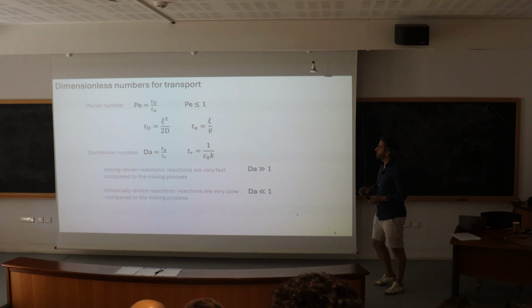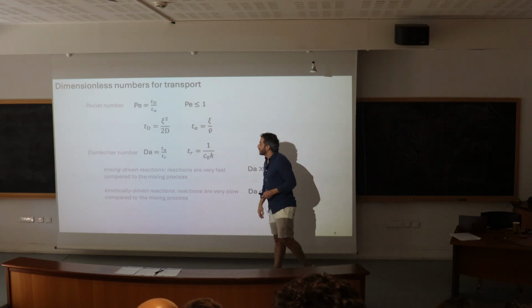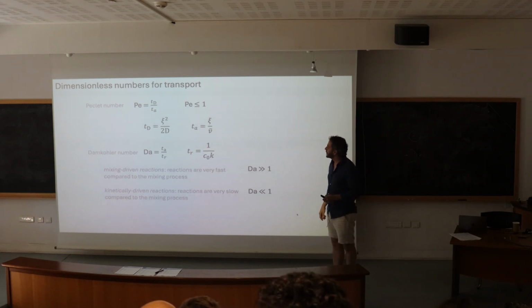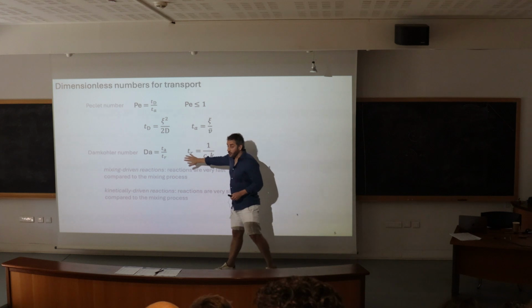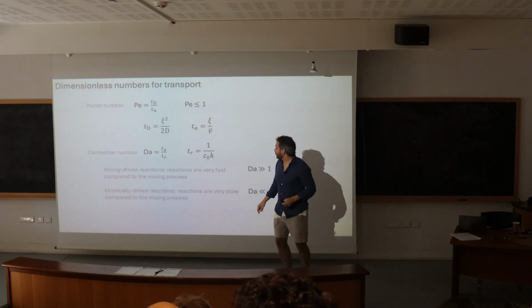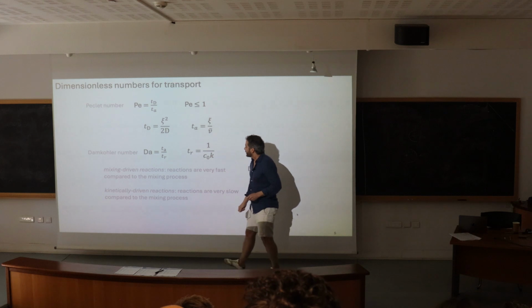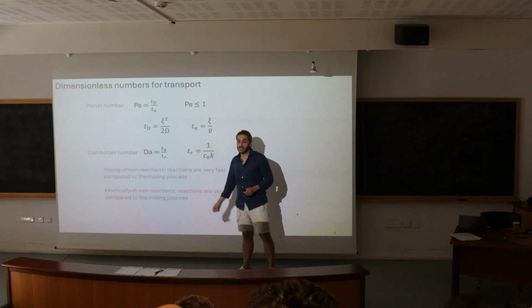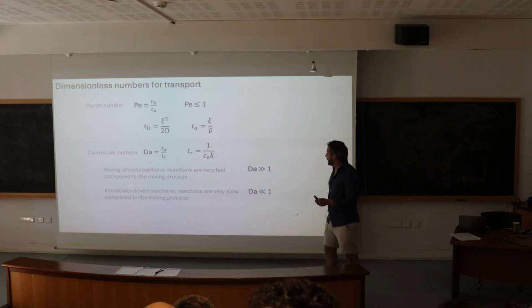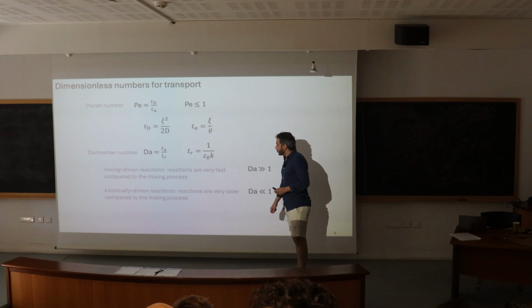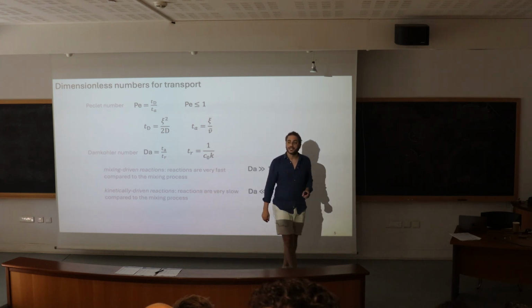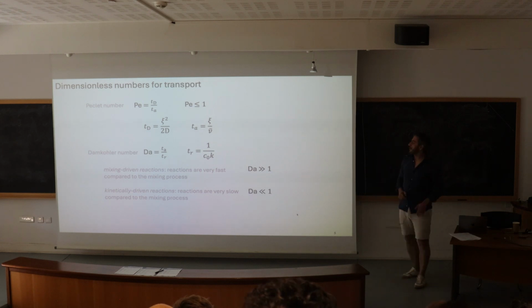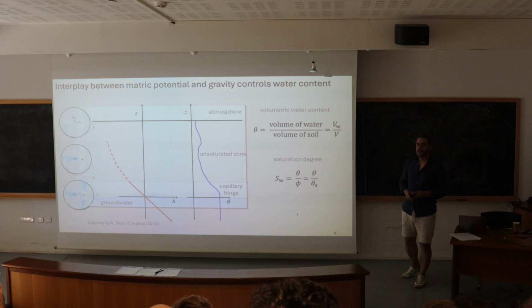The first one is that you're going to see in many of the slides this couple of dimensionless numbers, Peclet, that relates the diffusion time versus the advective time. And also the Damköhler, in the case of the reactions, the one that relates the advective time versus the reactive time. If we have Damköhler numbers much bigger than 1, it means that we have very quick reaction, and then mixing is the main driver of the reaction. And if we have Damköhler smaller than 1, then we have what we call kinetically driven reactions. Usually these are reactions that are very slow. Okay? Clear that, because